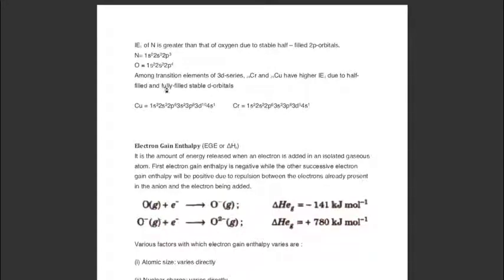Okay. Now one more exception. In the transition series, meaning d block elements, the ionization enthalpy of copper and chromium is also higher as compared to their nearby elements. Again, it is due to their stable electronic configuration. Copper is 3d10 4s1, fully filled 3d10, the most stable condition, and chromium is 3d5, just half filled configuration. So these two atoms are in stable configuration. So again they do not want to lose their electron, and in this way their ionization enthalpies are also high.